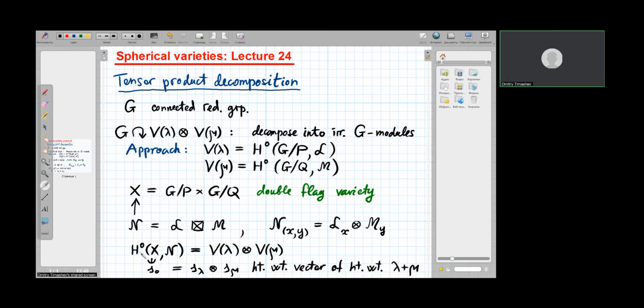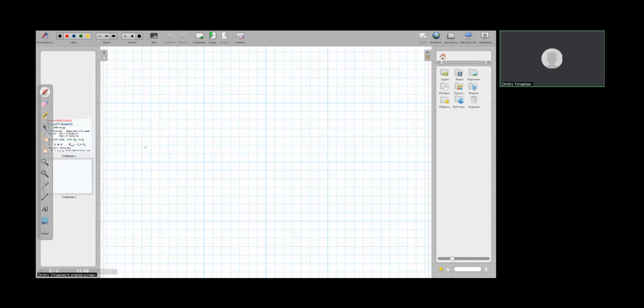And in our situation, this gives us that if the action of G on the double flag variety X is spherical, then by the proposition which we have proved at the end of the previous lecture, we get that the space of sections of this line bundle N, which is just the tensor product V of lambda tensor V of mu, is isomorphic as a G module to the direct sum